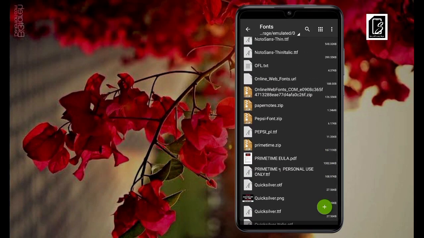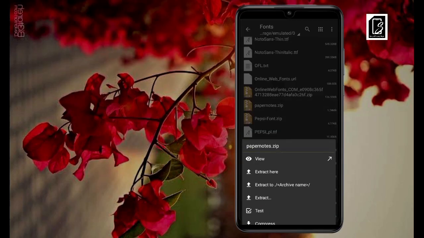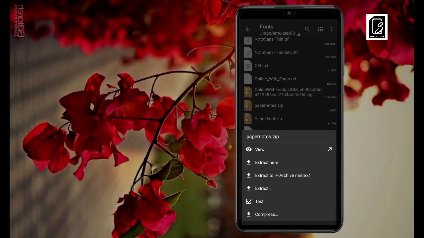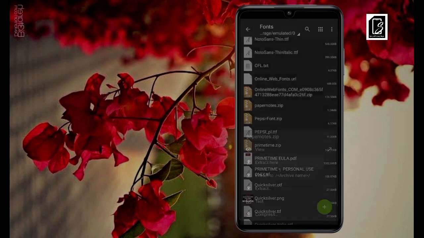You've pasted it here. And what do you now do? You unzip it here. Okay, now once you unzip it here and you go back to your Pixellab, you see this font. So let's unzip it. How do you unzip? You unzip by just tapping. The first time to copy, you long pressed, but to unzip, you just tap. So just tap and you see extract here. You click on extract here